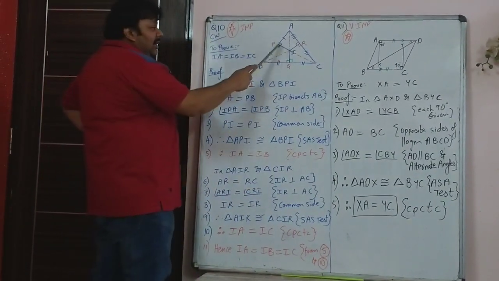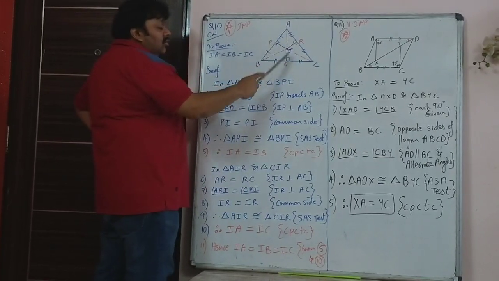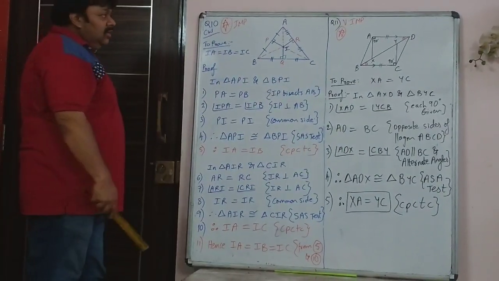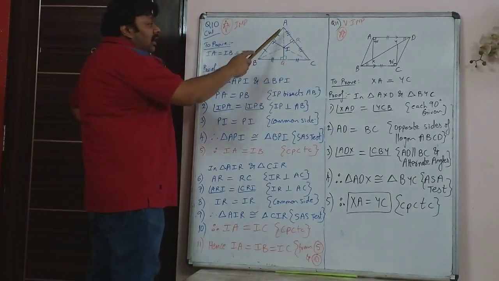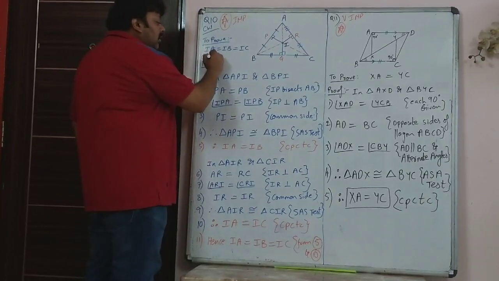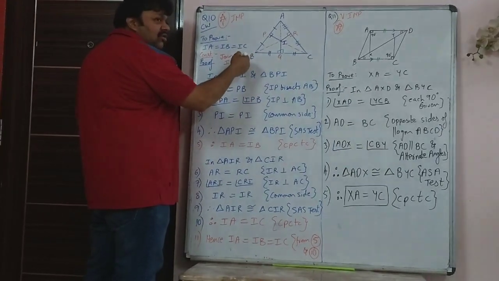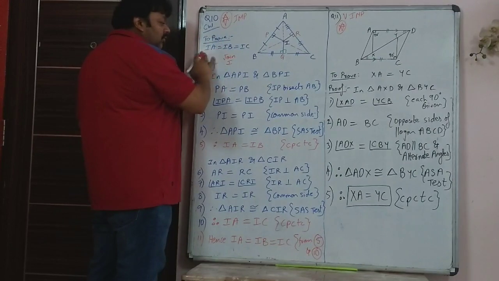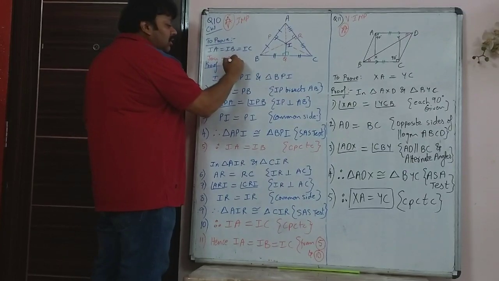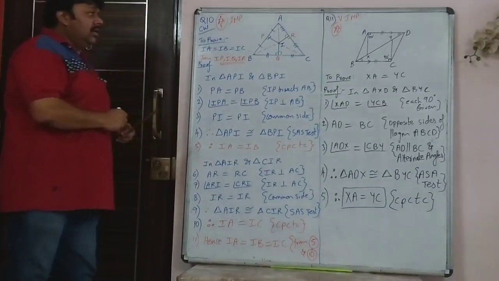And you are asked to prove that IP, IQ, IR, those three perpendicular bisectors are equal. It's a simple proof. You have to join IA, IB and IC. So you can write a construction. It is not actually a construction, but you can write that if you want. So you can write join IA, IB and IC, because that is already given, it is perpendicular bisector. So you can show that IP, IQ and IR are equal.